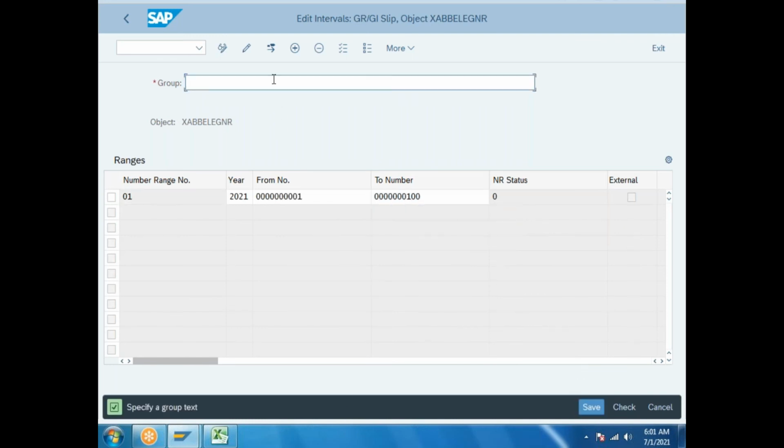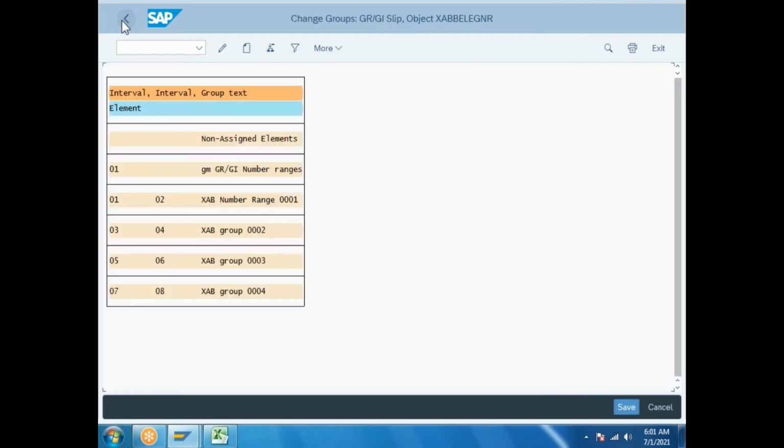Here the text we need to give. What is that? GM. What is the GR? G, goods receipt. Okay. Goods issue. Okay. Goods receipt, goods issue.